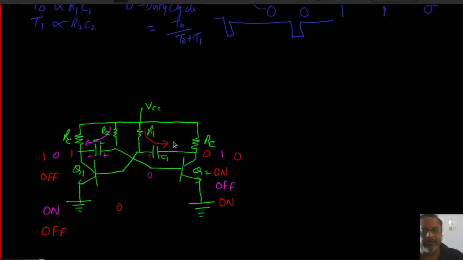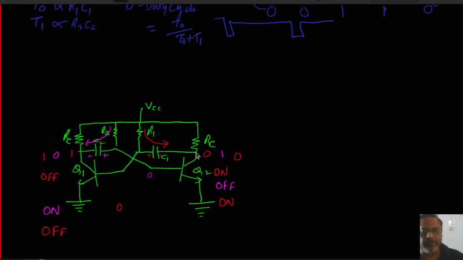So sometime this current is flowing, other time this current stops flowing, and when this current is flowing it is remaining in 0, and when this current is flowing this is remaining in 1.